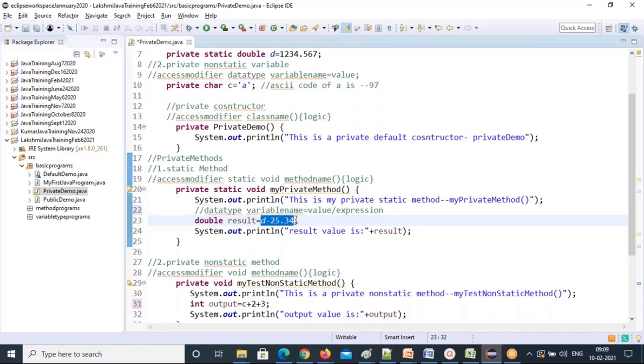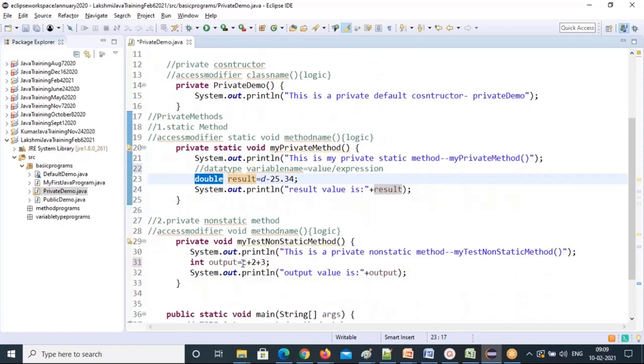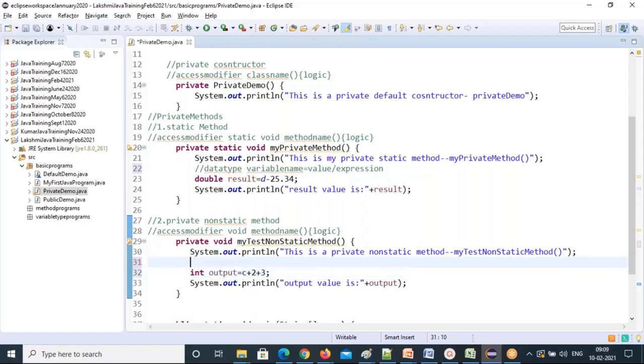This expression will give you output, that output will be stored in this variable, and that value I'm printing here with the print statement. But what type of data is this? Double type of data, and the same here. And these are integer values, all integer, that's why the data type of this is int. These are the local variables.